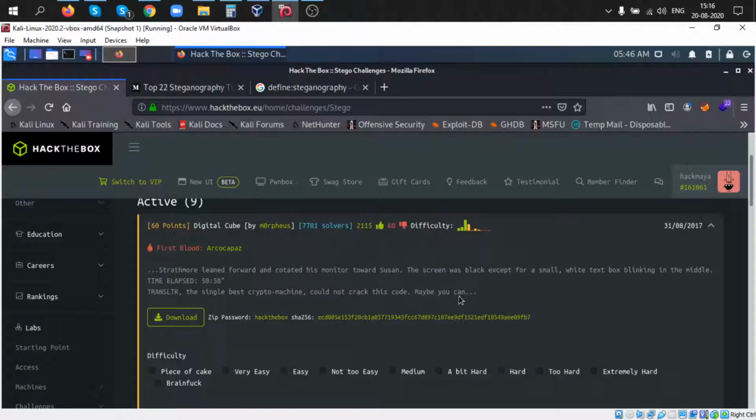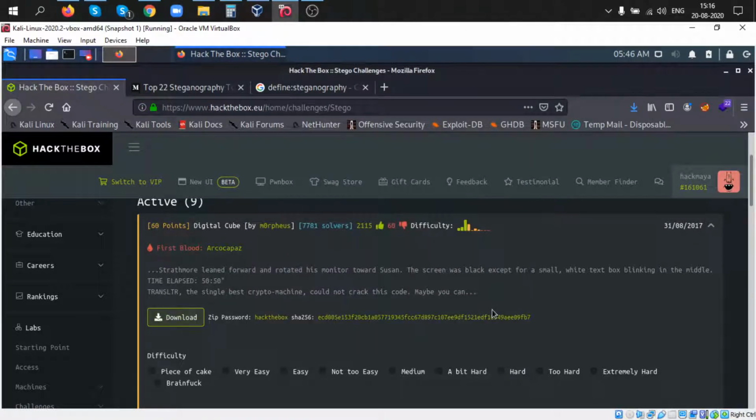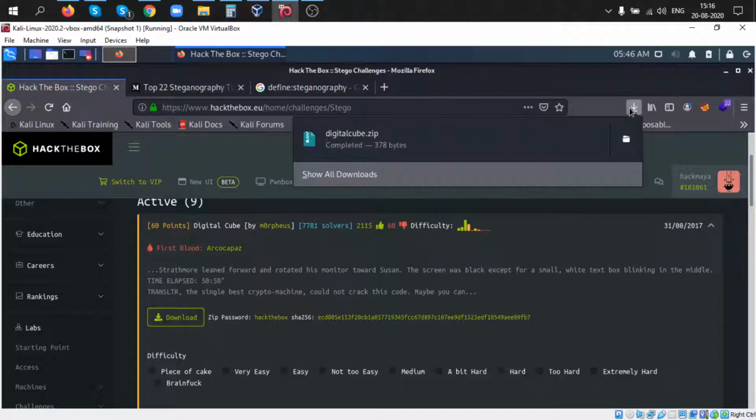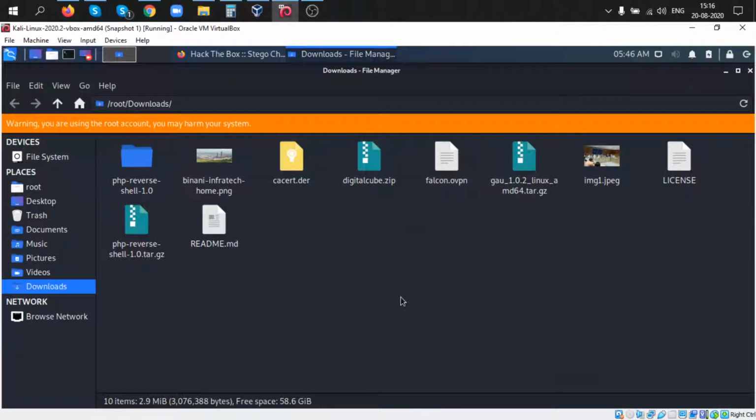Maybe you can. The file I downloaded is a zip file, and the zip password is also given on Hack The Box. I click download, save, and OK, and it's downloaded. I open the download folder, right click and open terminal here.